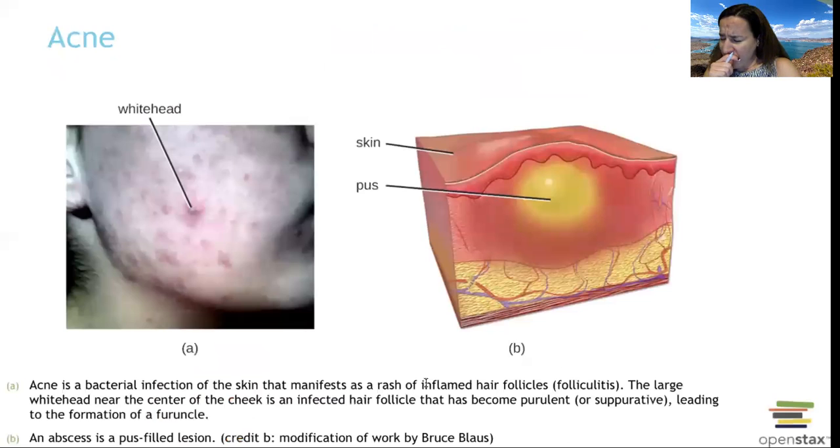Here is a lovely picture of acne. I think everybody everywhere at some point during puberty has had a pimple. I don't care who you are. I'm sure somebody has at one point had one. So you can see